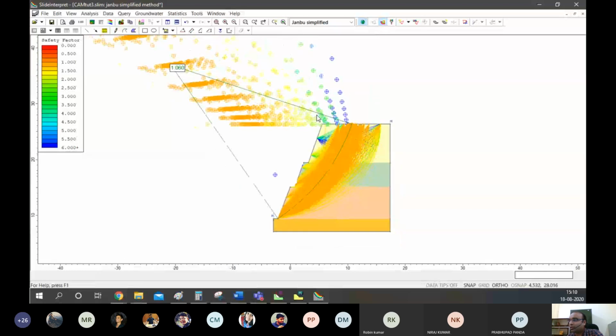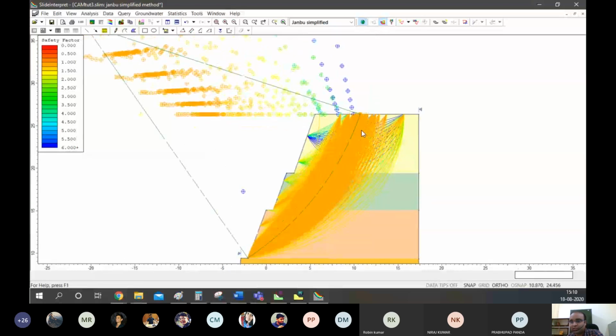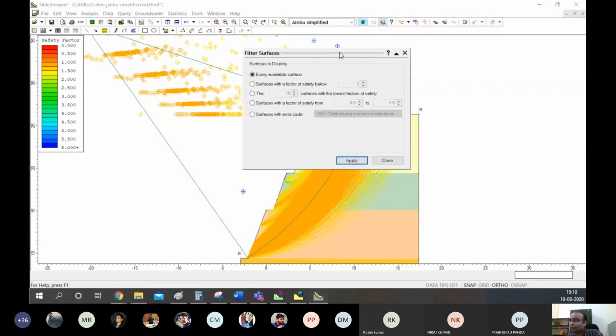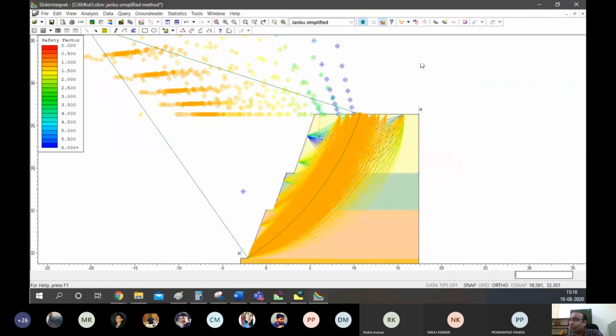Now this is very hodgepodge, right? So many circles are mixed and we can't see much. Let's say I want to see only the circles that are below 1.5, because maybe we want to put 1.5 as the factor of safety threshold for us.